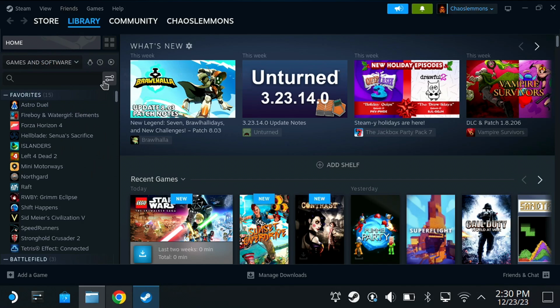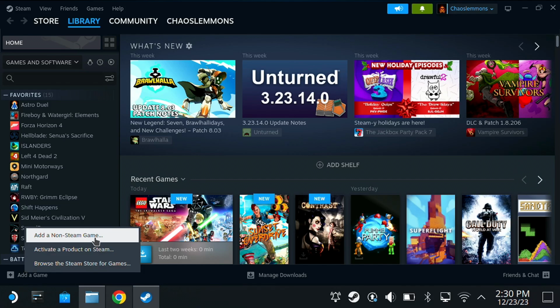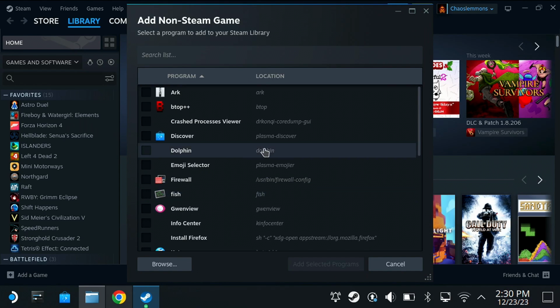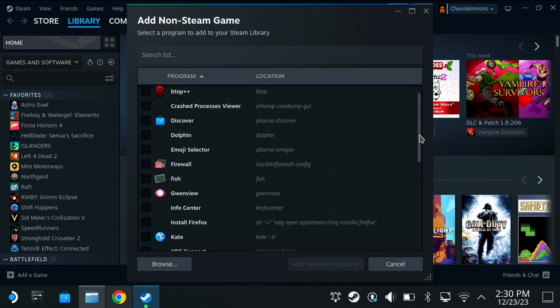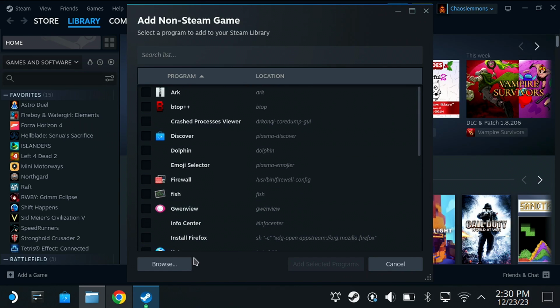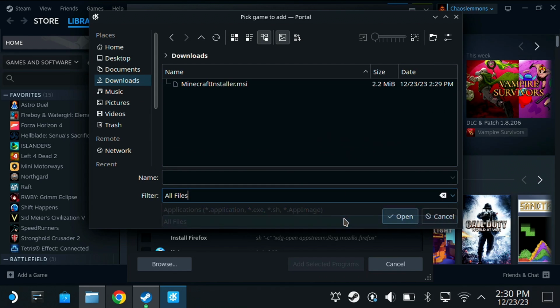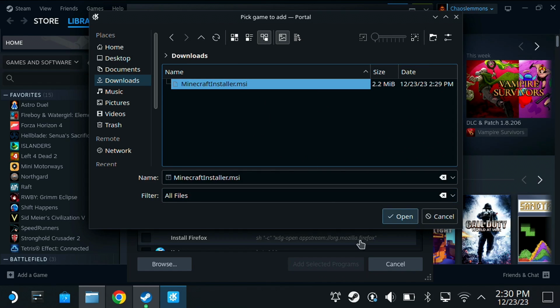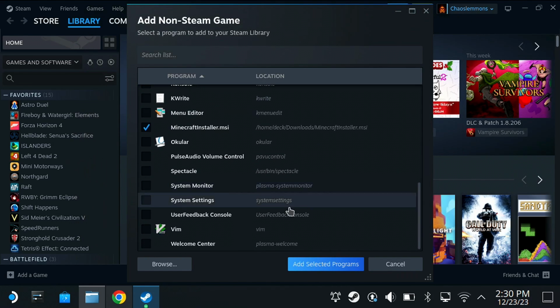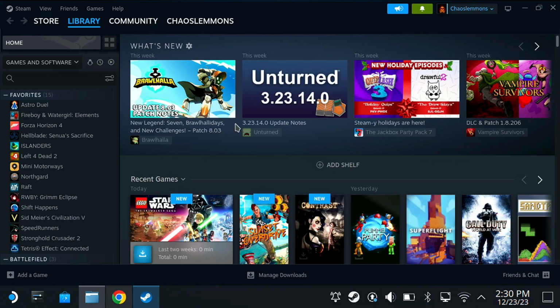So what we're going to do is come into here, add a game, add a non-Steam game, and then you're going to scroll down here. Well, we want to browse, and then down to the downloads, and we're going to just change this to all files. We have the Minecraft installer there. Open her up, add selected programs,